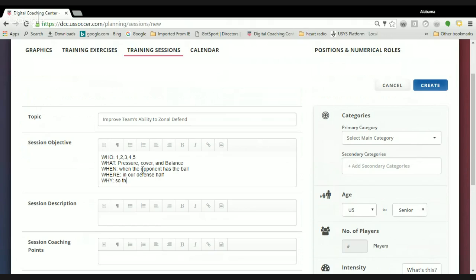Why do we use zonal defending? So that we can pass players along to our teammates to counteract that team's mobility, which is also another principle of play, so I'm going to capitalize that. I usually like to capitalize those just so that we're aware of what principles that we're working on, since the principles are